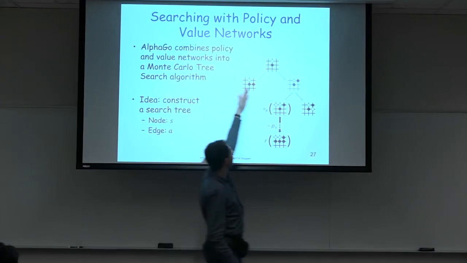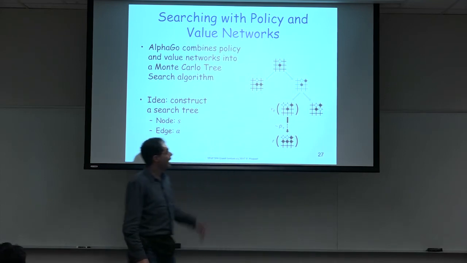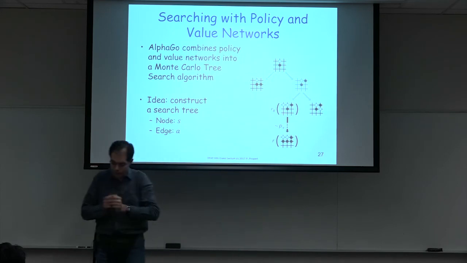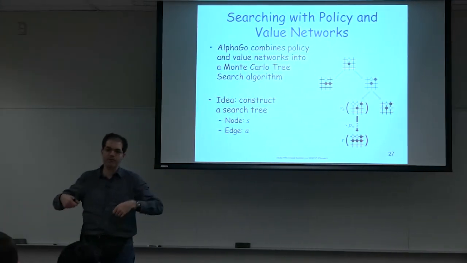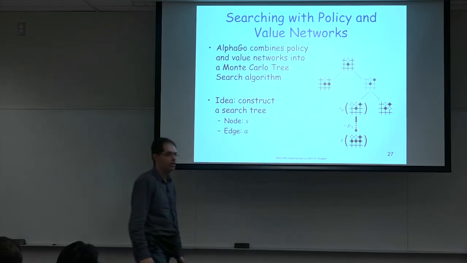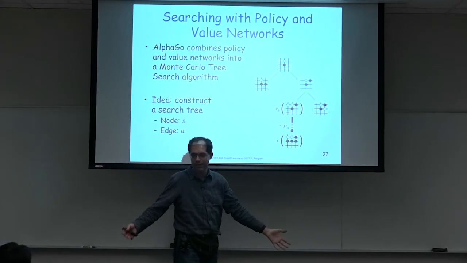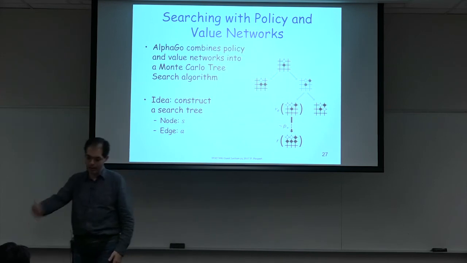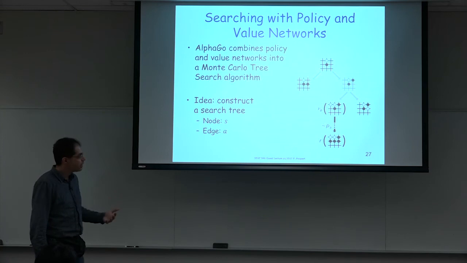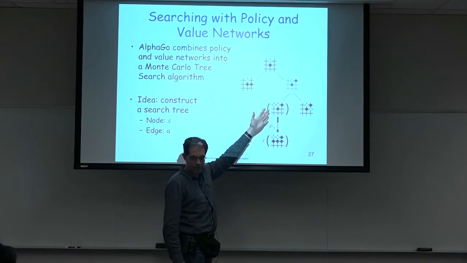So here this layer could have hundreds of possible configurations. And then every layer, as I go deeper, you increase the number of possible configurations by a factor in the hundreds, because there are so many possible actions. So you clearly cannot expand everything exhaustively, because it's exponential in the number of actions, which is in the hundreds. So Monte Carlo tree search gives us a way of saying, well, let's consider the most promising actions only,